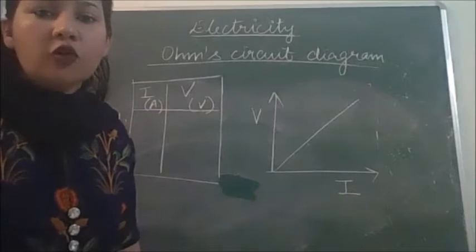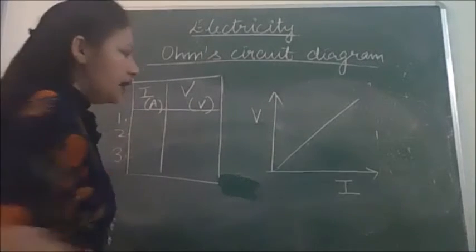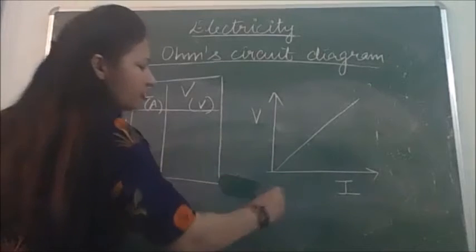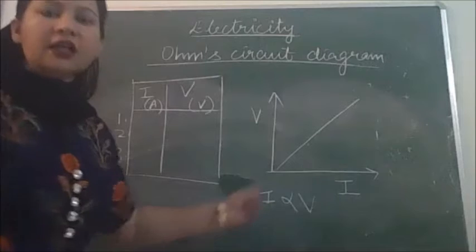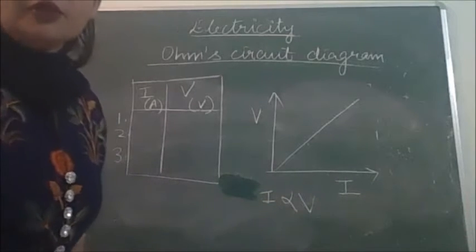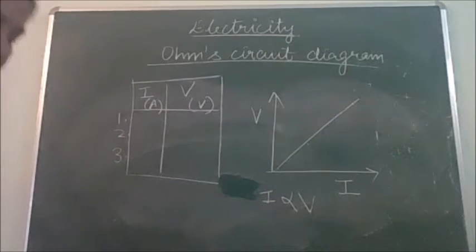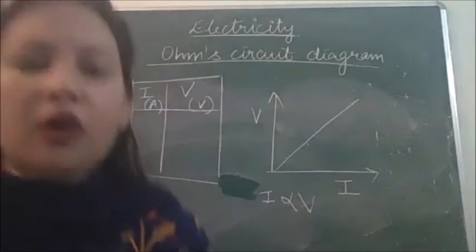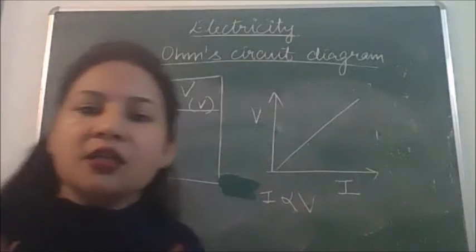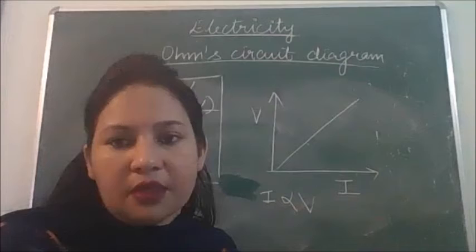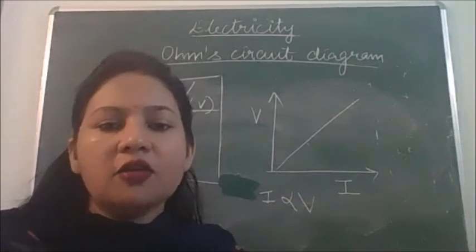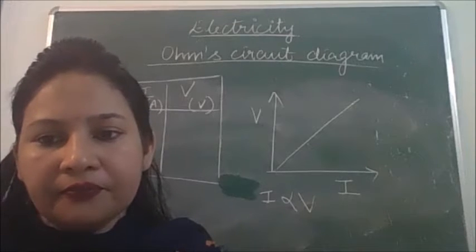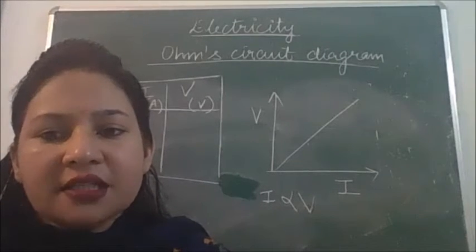So let us state Ohm's law. Write down. What did I tell you? From the readings and from the graph we come to know that I is proportional to V. Current is directly proportional to the potential difference. Right? So write down the statement of this law. We will just state this in words. Ohm's law states that